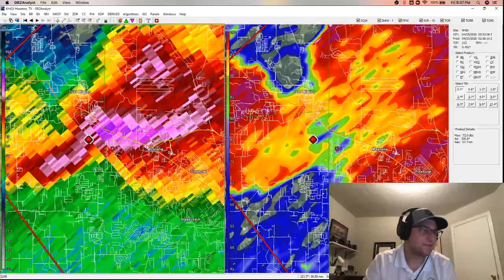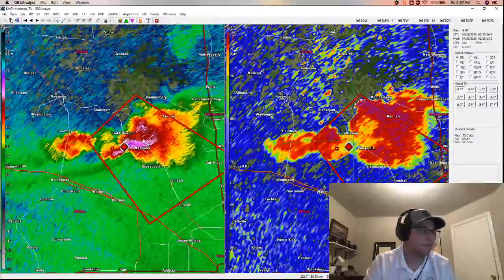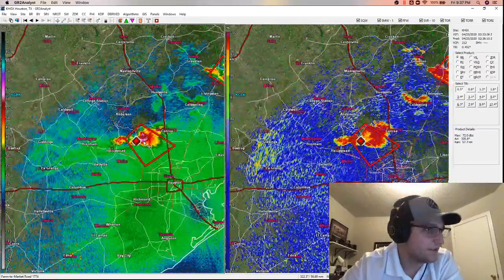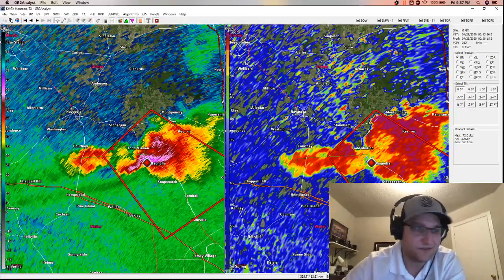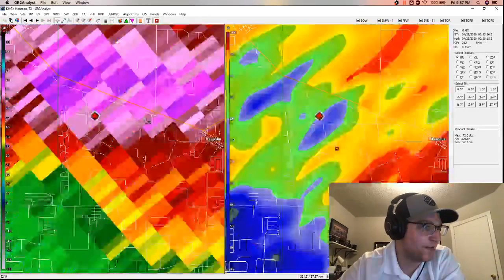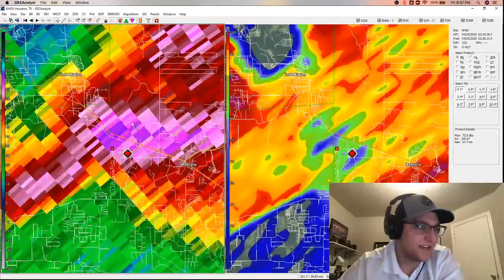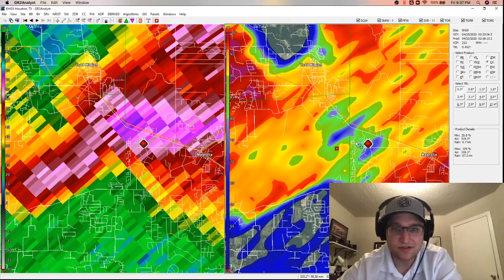All right, let's do an update here in the Houston area. Can this storm survive? Is everybody rooting for this storm to make it to Houston? Give it your luck and hail dances and whatever other stuff you gotta do to keep this thing going. Here over by Magnolia, this is gonna be right along Route 249, near the middle of town. Again, golf ball size hail. You can see that lower CC. When you see those greens and blues and yellows, that's when you're gonna be seeing that bigger hail,